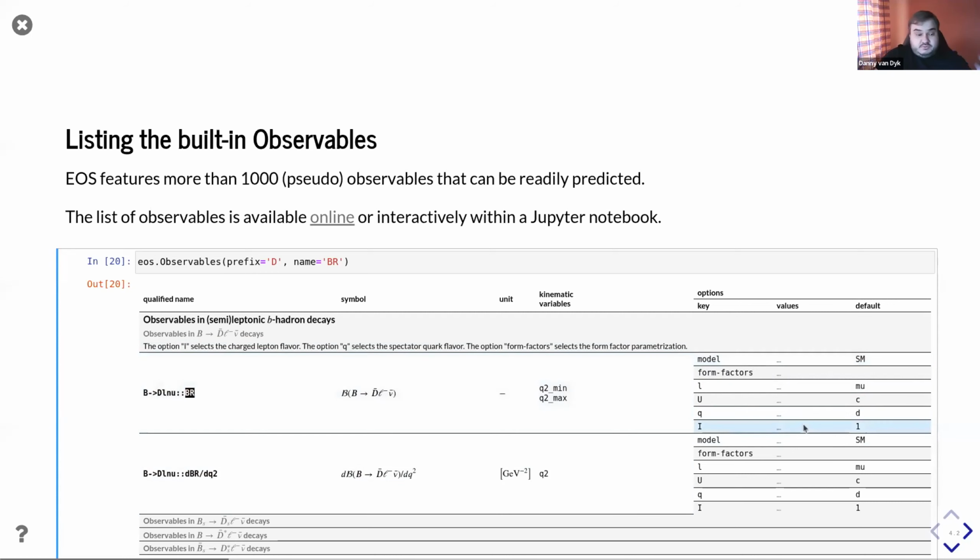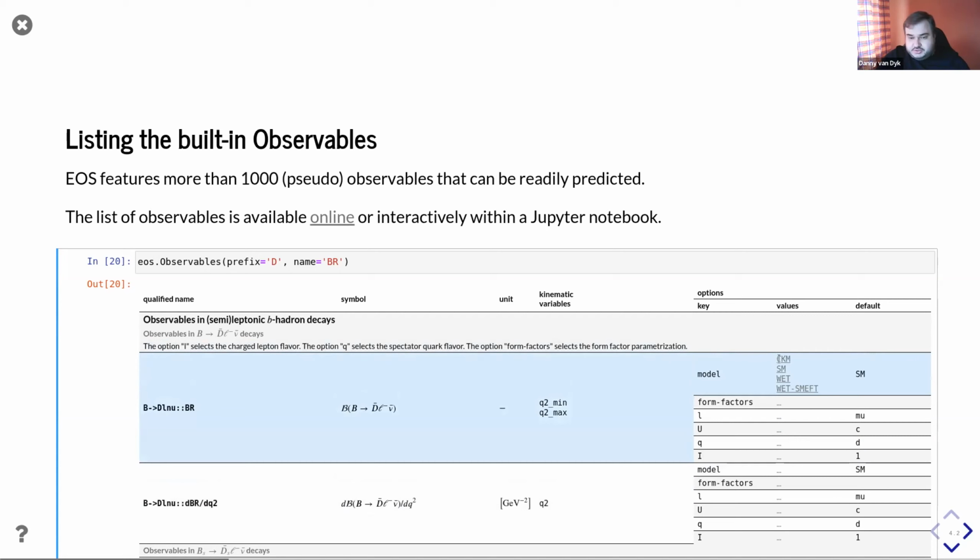These options are consumed by the observable upon construction and cannot be changed thereafter. They include, for example, the choice of model, which is defaulting to the standard model SM, but can be changed to, for example, CKM, which is kind of the standard model, but all CKM matrix elements will be promoted to independent parameters with 2 real degrees of freedom.